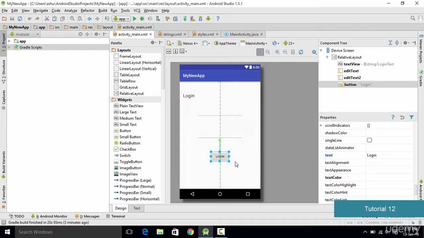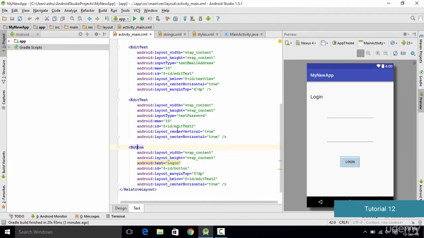But one more way of doing this is by going into the XML file. If you open up your XML file, you'll see that the button lies over here. As we want to change the text of this login button, we could simply select this property, Android:text, and it is going to change the text for us. So let's say if you want to change the text from login to, let's say, click here. We simply type in click here, and as you could see, the text has been changed.